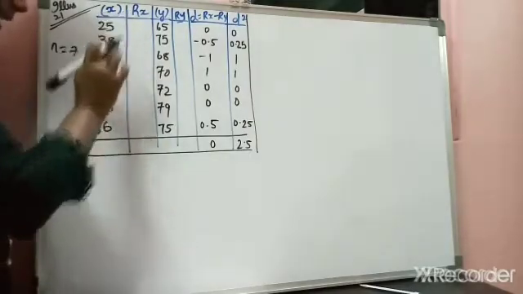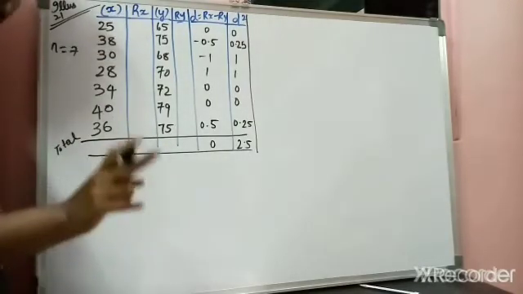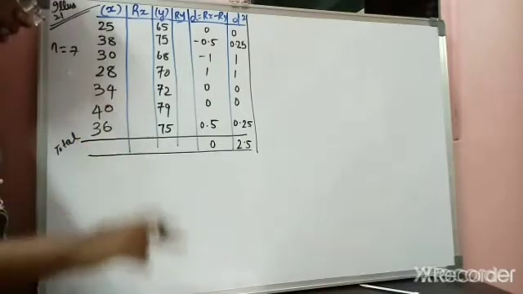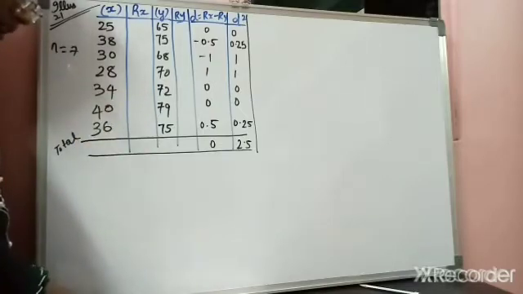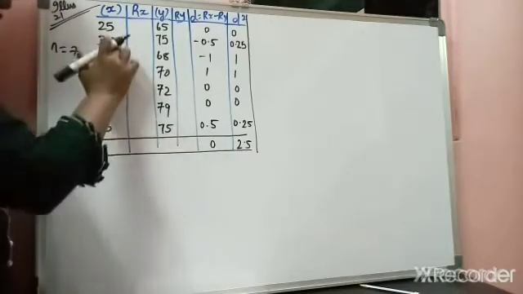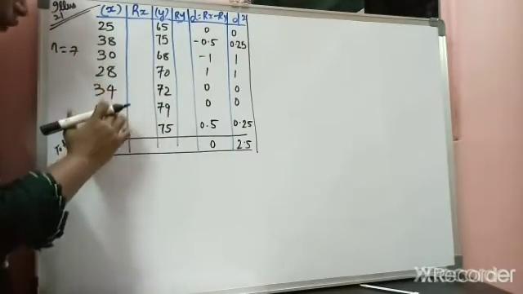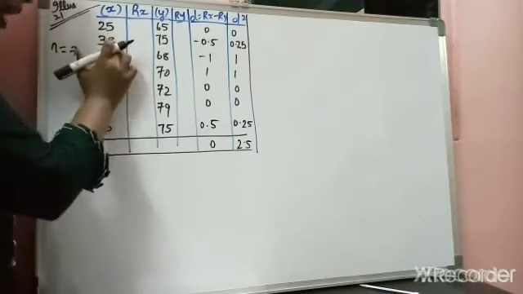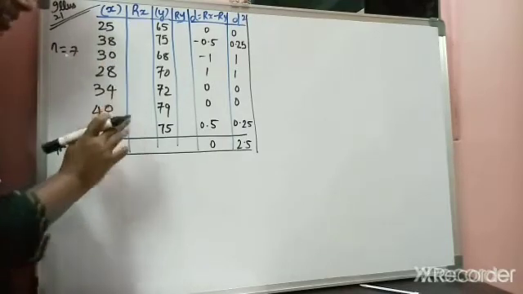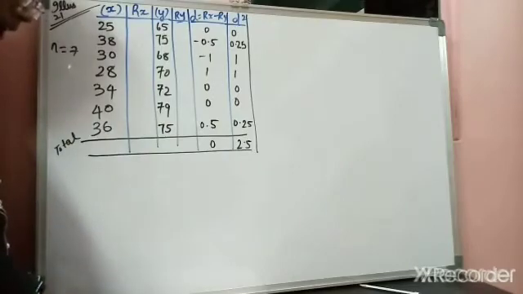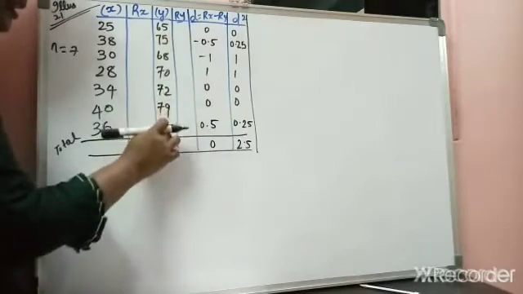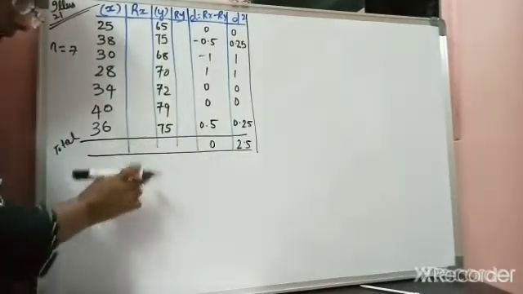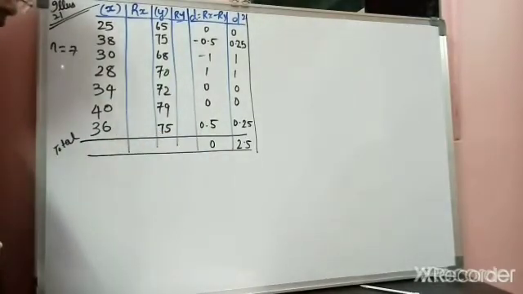So for your X variable, you all have to take page number 70, so you can see the question. Your X variable is reading hours of the last 3 days. So here 25, 38, 30, 28, 34, 40, 36. So it is the hours: 25 hours, 38 hours, 30 hours, 40 hours, like this. Then you have the Y variable, marks obtained in the examination. So now you have to find out.